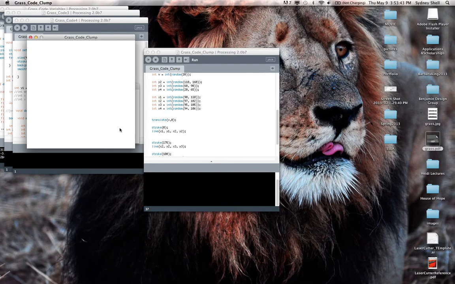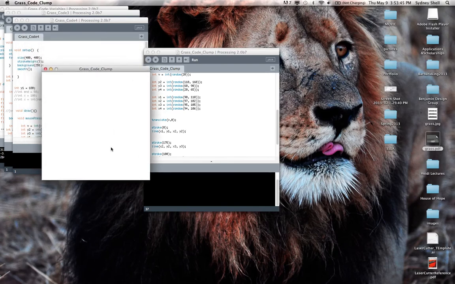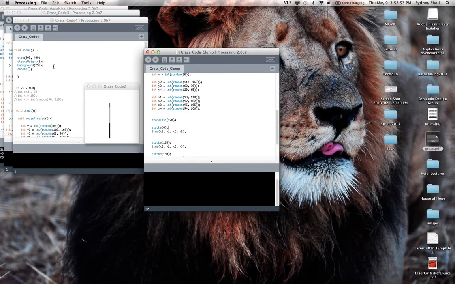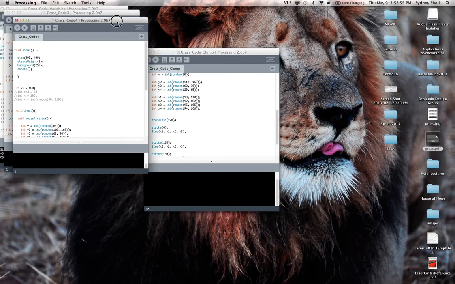So running it, this is what it kind of looks like, and there's my little clump of grass. Going even a little bit further,